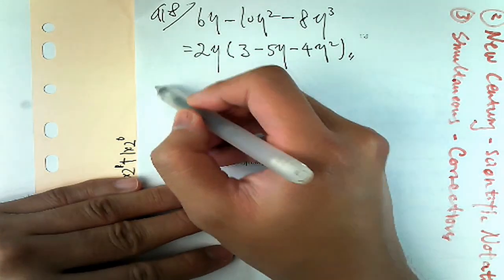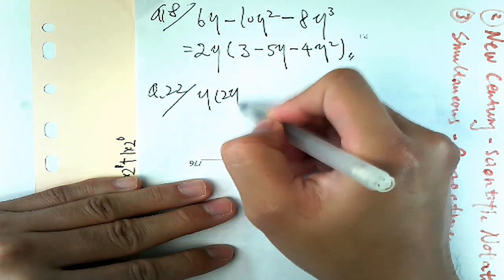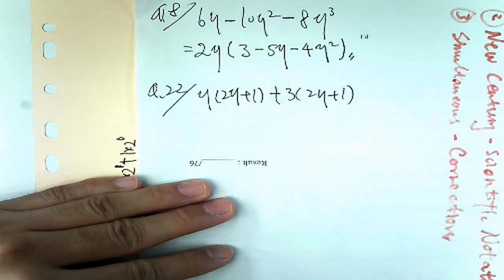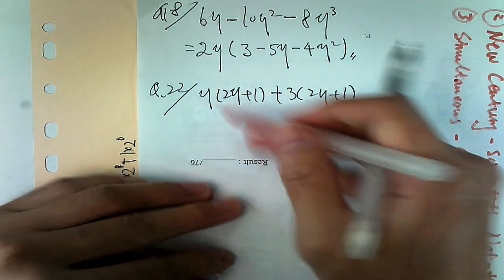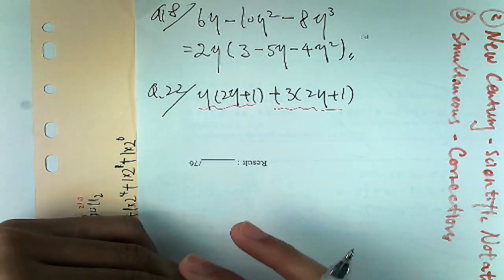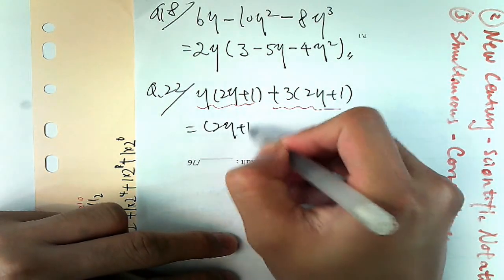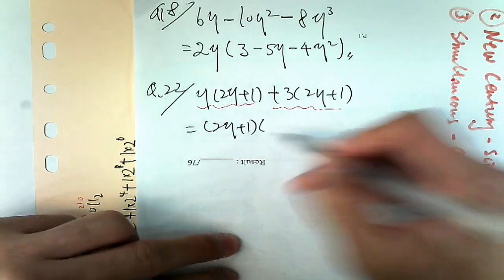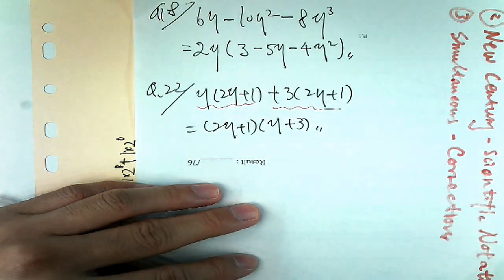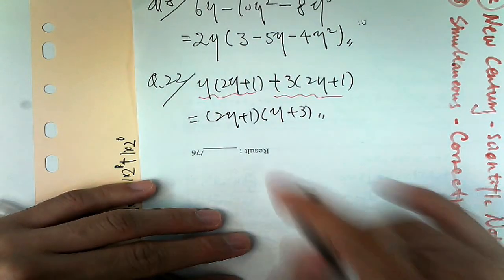Okay. So copy 2(2y + 1) + 3(2y + 1). So actually here we have two big terms like this. What is in common is the bracket 2y + 1, understand? So you pull out this big block, and then open your bracket, y + 3 remains, understand? It's okay? So keep going, go to